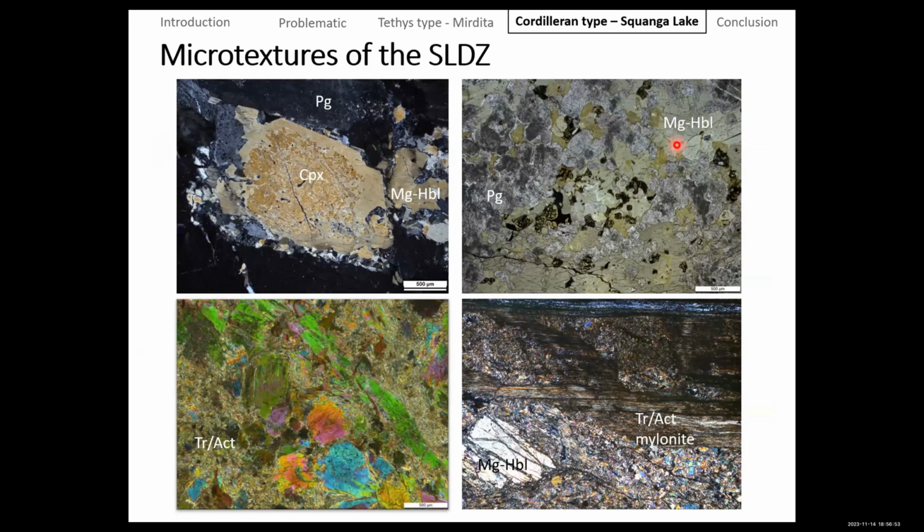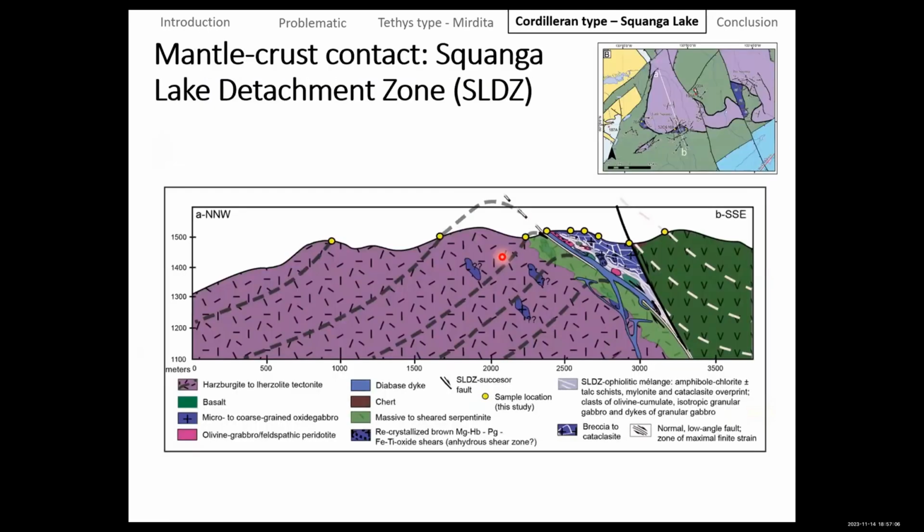Here's just some microstructures of the Squanga Lake detachment zone. I think I'm just going to skip this for now, just because I know I have a lot of slides, but we could always come back to it if you have any questions. But anyway, based on the field work that we've done and all the other methods we've used, we interpreted this